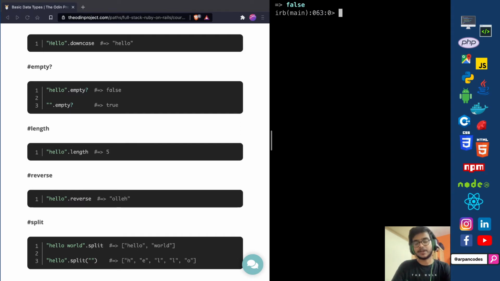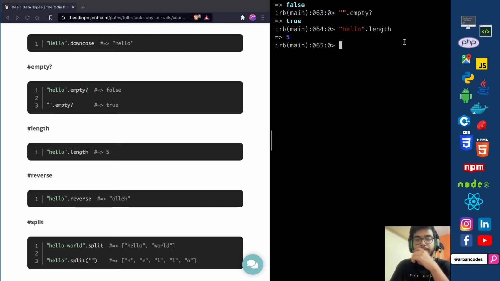Okay, so it's not empty. We can check if an empty string is empty, and yes, indeed it is empty. We can check the length of the string using length, hello dot length, and remember I said the length will be 5, just the last index will be 4, right? So the length is indeed 5, but the last index,